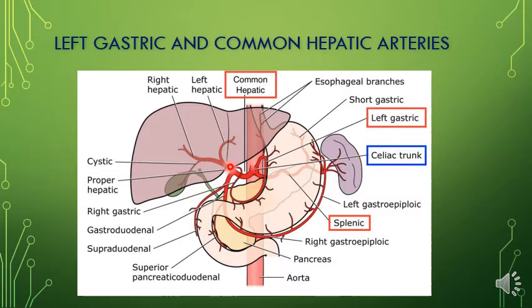Here the common hepatic artery divides into a right gastric branch. This one is the right gastric branch, and then the gastroduodenal branch, and occasionally posterior superior pancreaticoduodenal arteries. The posterior superior pancreaticoduodenal is an occasional branch, but at this level it gives off the right gastric and gastroduodenal arteries. Thereafter the common hepatic artery continues upwards within the free margin of the lesser omentum in front of the epiploic foramen